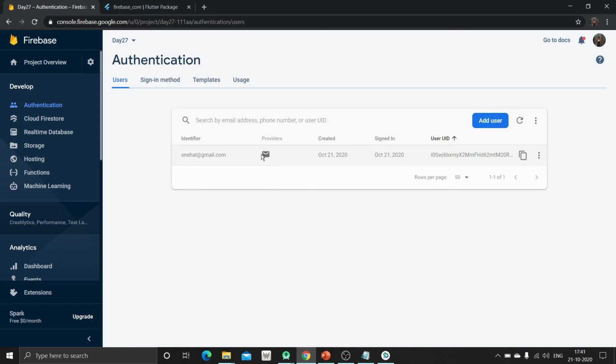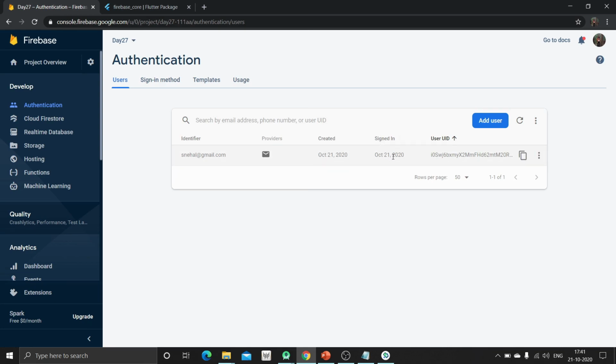Now the provider will be mentioned inside this column, that is, which provider we are using. This symbol is for the email and password provider. For Gmail, the Gmail logo is there. For phone authentication, the phone logo is there. In the created column, the date on which this user has been created will be mentioned.